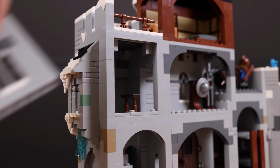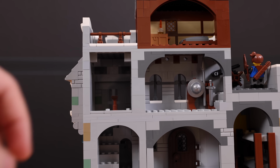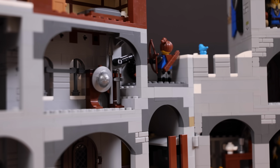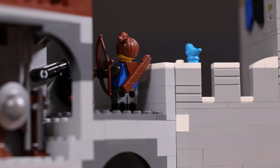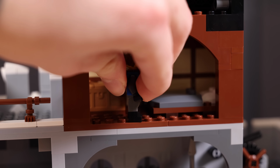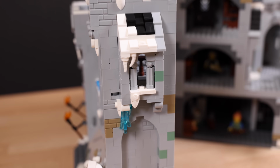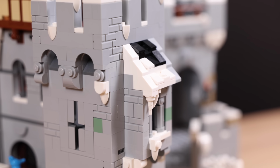Above that is a stairway with a little hidden door, which is fun to explore, fun to play with. And then following that here on the top right side, we have some more weaponry as well as an area for the archer. Last up on the top side is yet another room, and included in this is a bed as well as a chest, even a little candle next to a balcony, which has a subsequent window on its